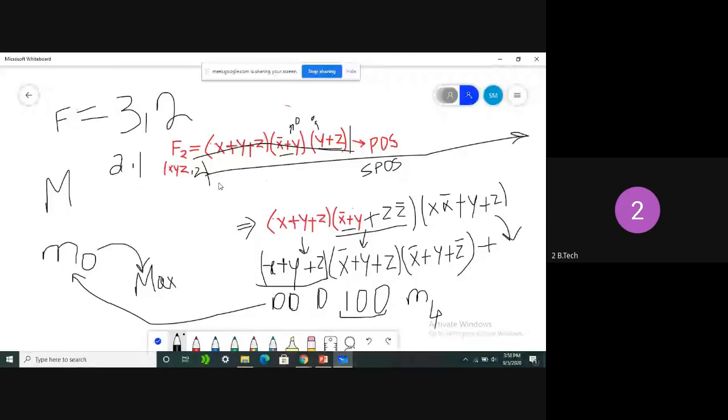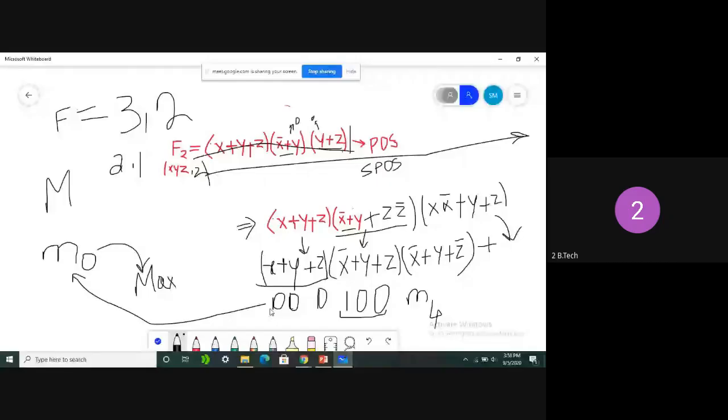Hello everyone. So that is the reason why we are using min term and max term. I hope all of you got what is a min term and what is a max term. Clear? Okay, and this is the way to represent max terms. A reverse notation can be taken compared with min terms. If x, y, z is there, then for x we take 1, for y 1, for z 1, that is 1 1 1, which is 7.